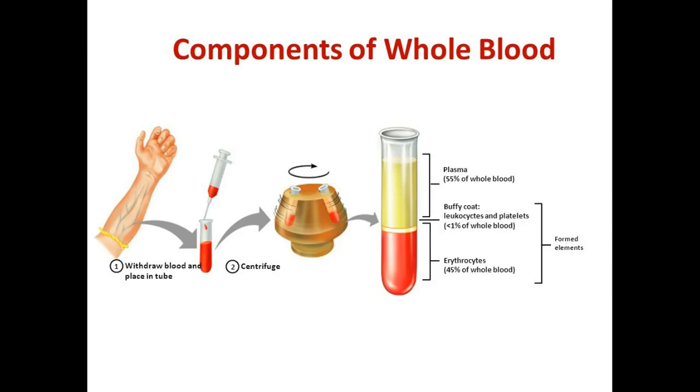So if you look at the spun blood, you see a straw-colored liquid at the top. That's the plasma, about 55% of whole blood. Then the buffy coat, which is the sum total of white blood cells and platelets, and then the erythrocytes, which are red blood cells, about 45% of whole blood. And they do tend to be heavier, so they tend to go to the bottom of the tube after being